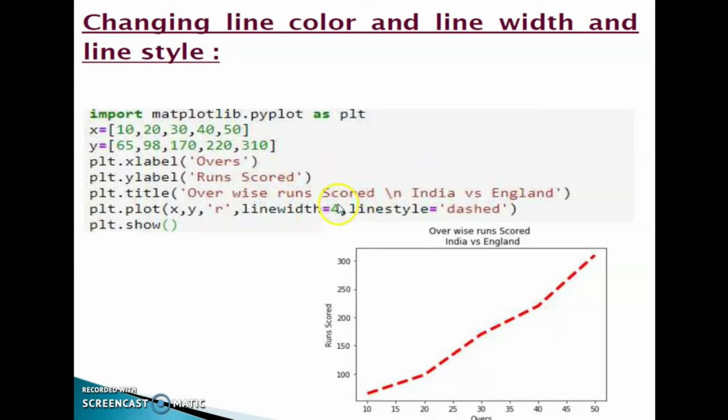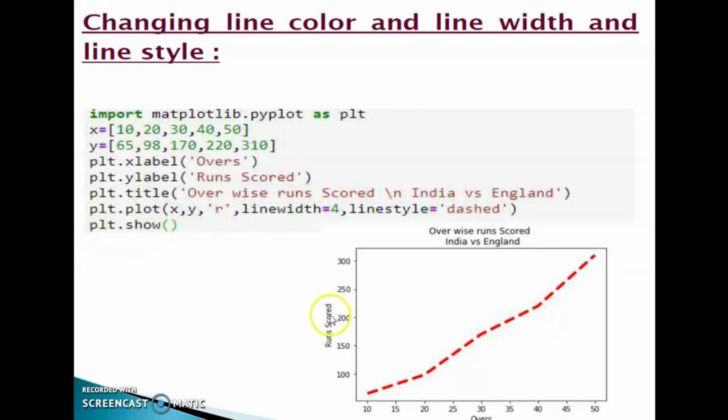Line width is equal to 4 points. Then line style is equal to dashed. Different types of line styles we discussed: solid, dashed, dotted, dash dot. Here we specified dashed.